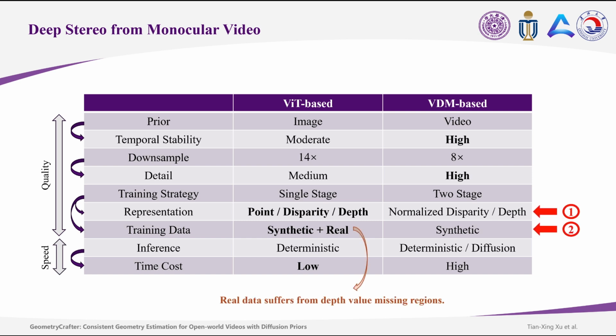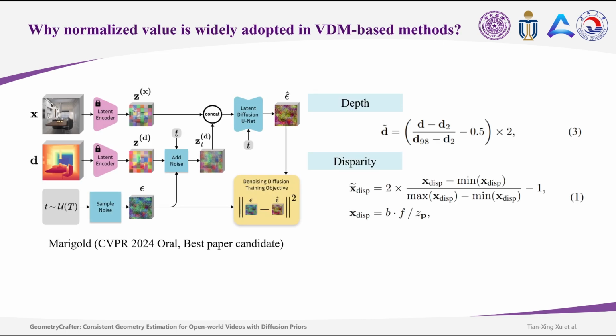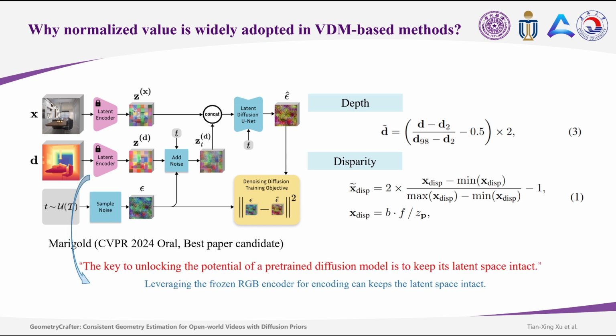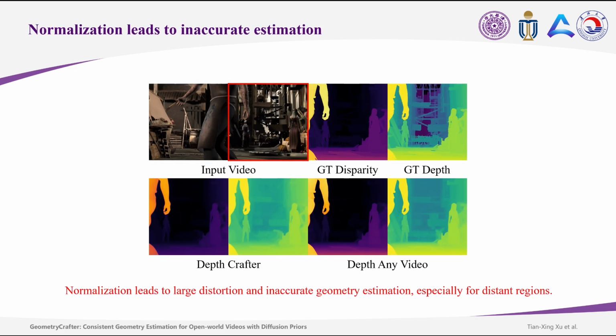The first question is, why is the normalized value widely adopted in VDM-based methods? As mentioned by Marigold, the key to unlocking the potential of a pre-trained diffusion model is to keep its latent space intact. To achieve this, VDM-based methods simply employ the RGB VAE to encode and decode 3D information for extracting latent codes, thus normalizing 3D cues into a bounded range that is suitable for VAE processing. However, normalization will inevitably lead to inaccurate geometry estimation and large distortion for distant regions, due to a large compression